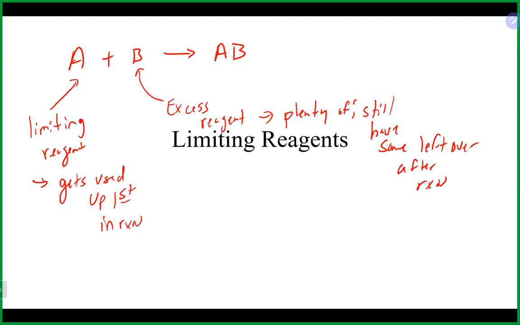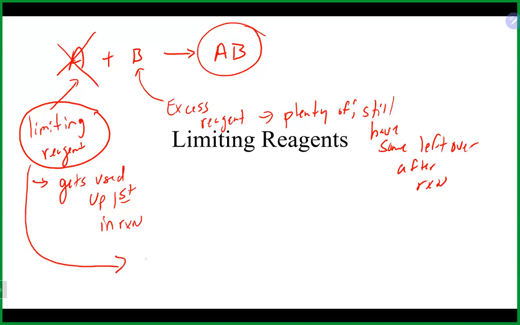And why limiting reagents and excess reagents are sort of important. It's really the limiting reagent that is the most important. And that is because, for example, in this basic reaction, will I be able to make any more product once I use up my A in this case? I will not be able to, guys. Quiet, yeah, thanks. I will not be able to make any more product in this case if I use up all my A, right? Because I obviously need A and B to come together to make the product. So once we use up the A in this case, no more product will be made. So the limiting reagent is really the most important here